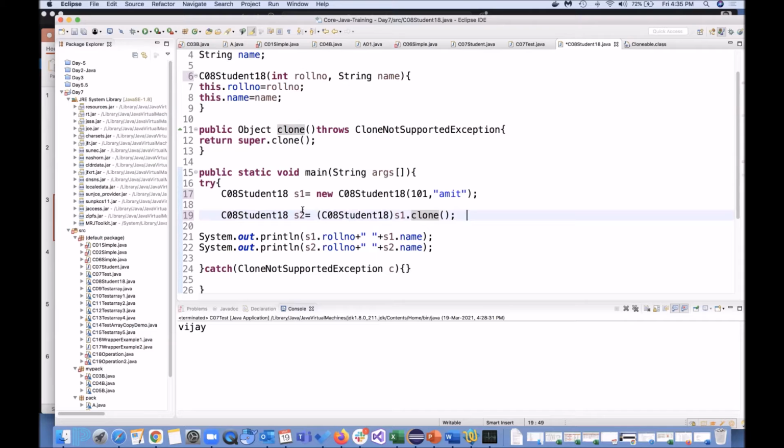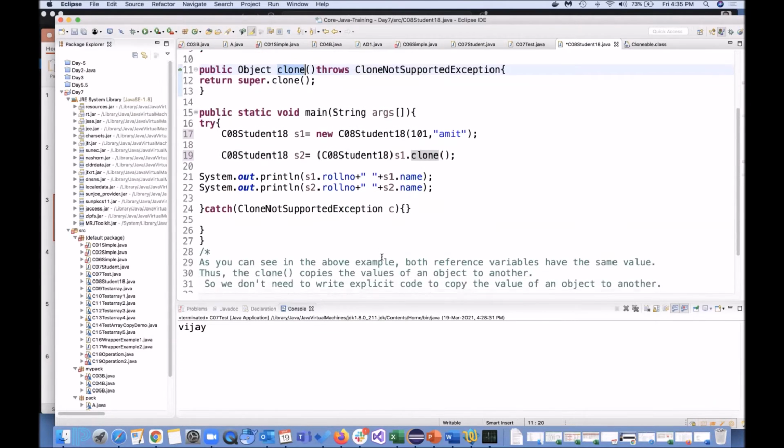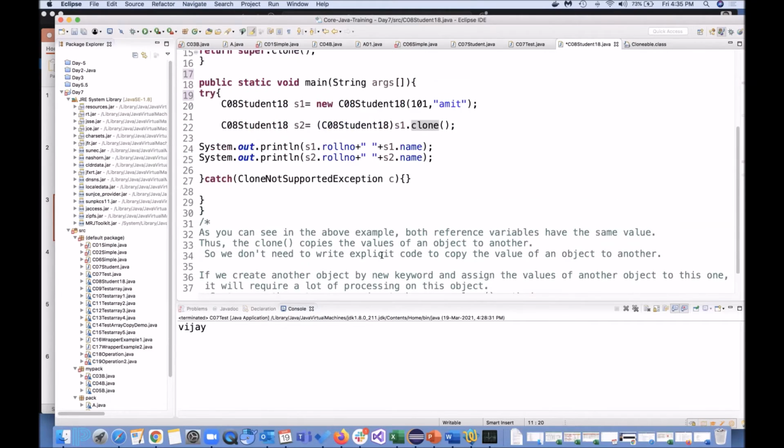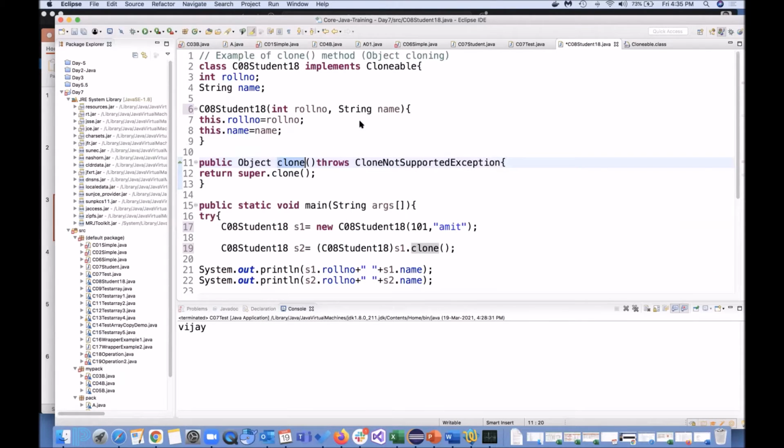Instead, our intention is just to copy, so why not call the clone method of the Object class itself? We have written this clone method, and when I call this, it is going to call this clone method, which we have already seen. And when I do SOP of s1 roll number, s1 name, s2 name, it will give me the same output. Okay.